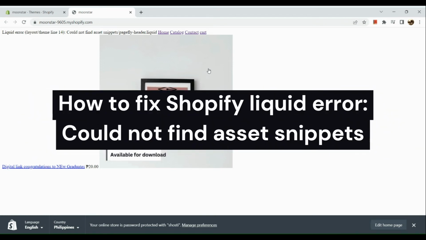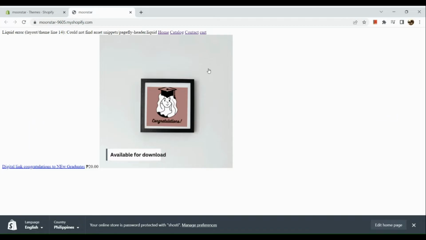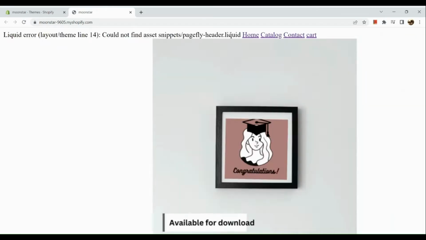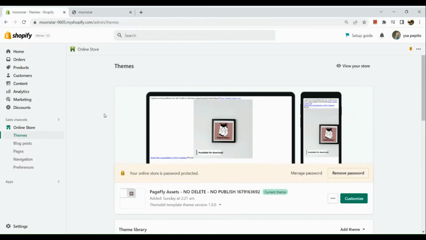How to fix Shopify Liquid Error could not find asset snippets. So hi guys, the first thing that we need to do is to simply open our browser, and in here we can see our Shopify store. So if you see this error, Liquid Error could not find asset snippets, let's go to our Shopify account and